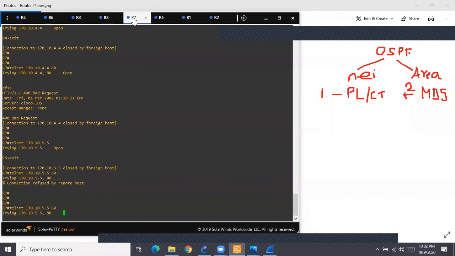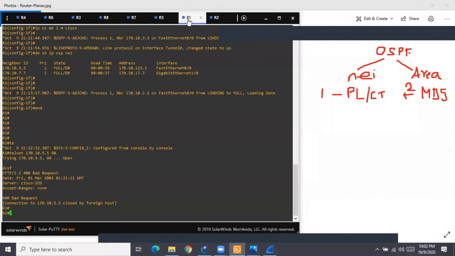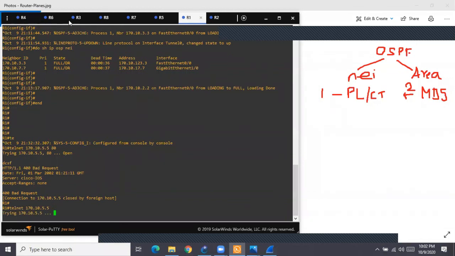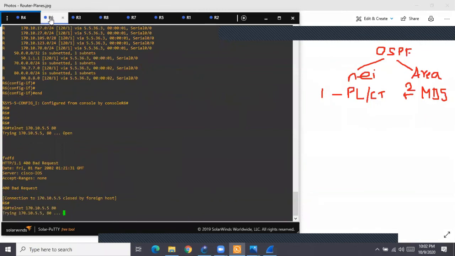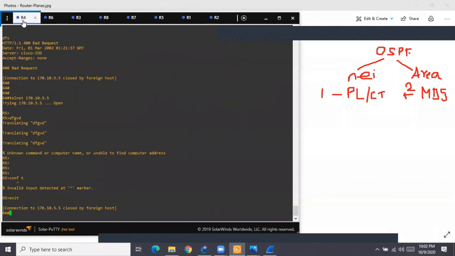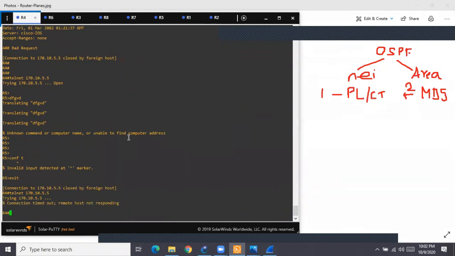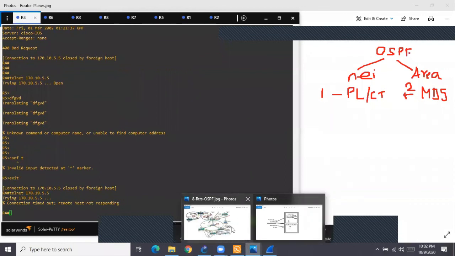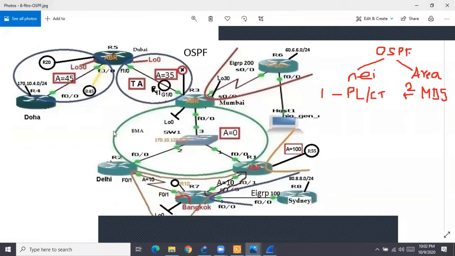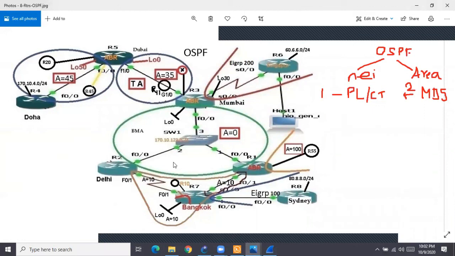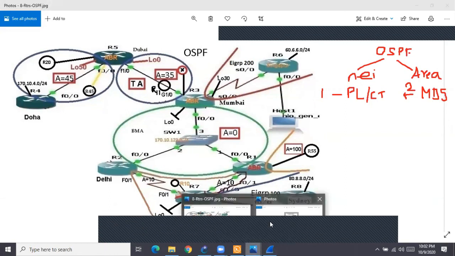HTTP gone. I go to another router R1. He was doing telnet. Not possible. R6 was doing HTTP. Gone. R4 from another side doing telnet. Blocked. So now if R5 has even 100 interfaces, no matter if anybody from any of the interfaces sends HTTP and telnet traffic for R5, what will happen? It will get blocked. Why did I not specify the destination IP address?